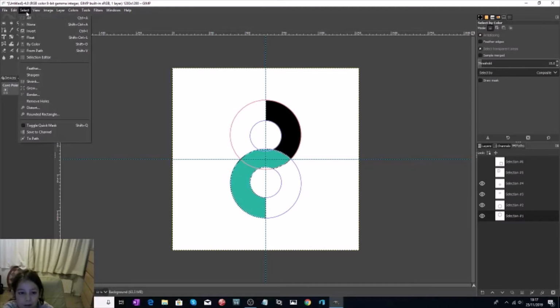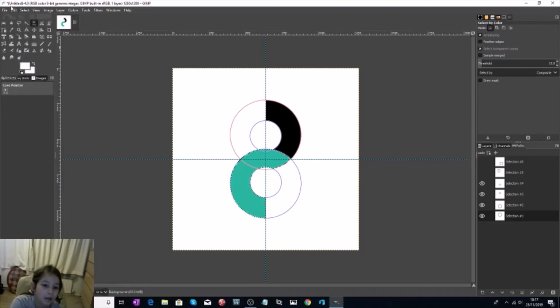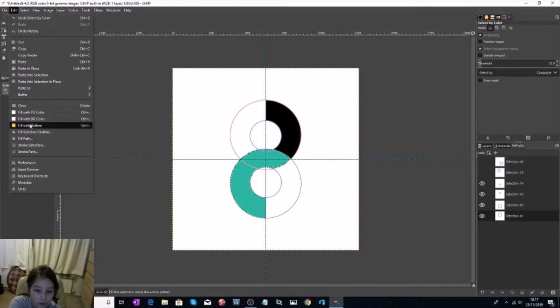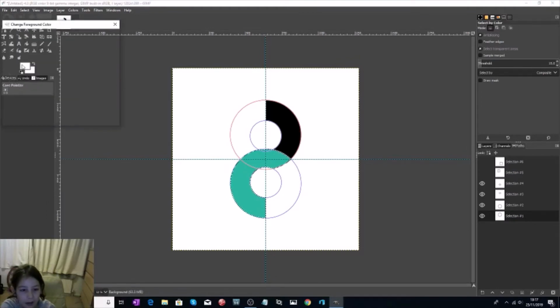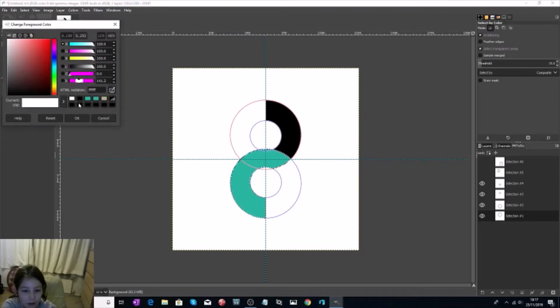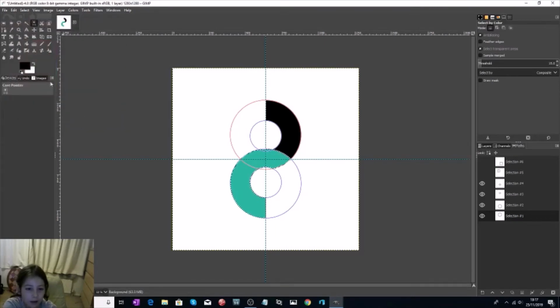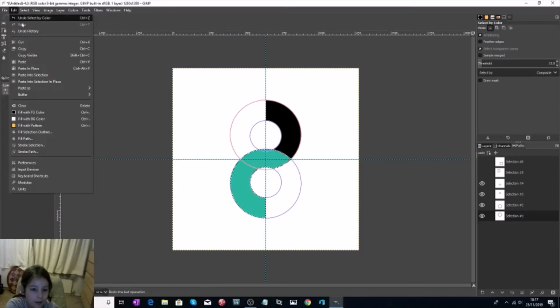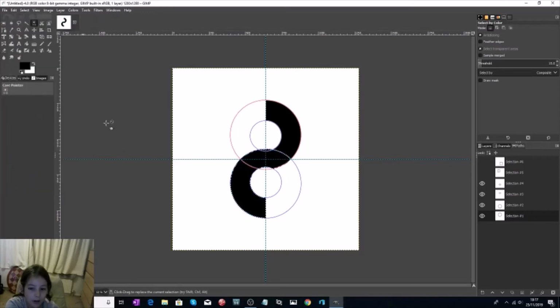So select edit, and we're just going to make this color black because that's what we need. Black, and OK, and edit, fill with foreground color, and now we've got a yin-yang symbol, except that we need